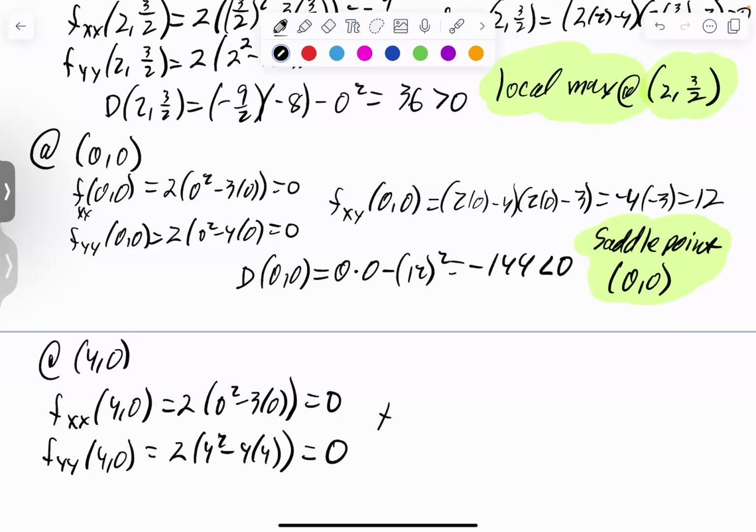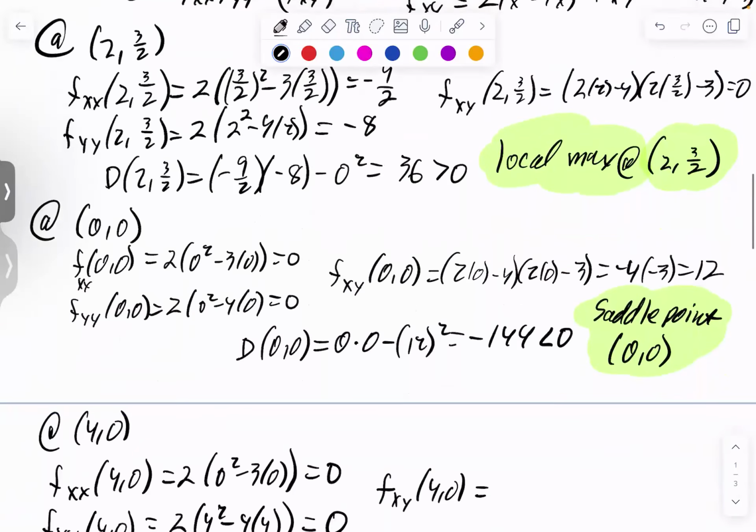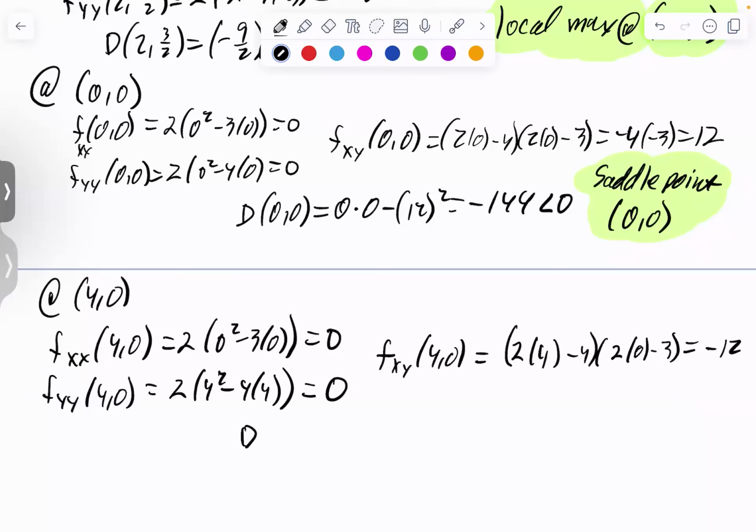And f sub xy at 4, 0 is, so this is going to be 2 times 4 minus 4 times 2 times 0 minus 3. So that's going to give us, let's see, 8 minus 4 is positive 4 times negative 3 is negative 12, but it won't matter because D